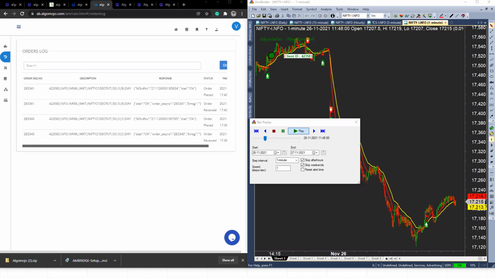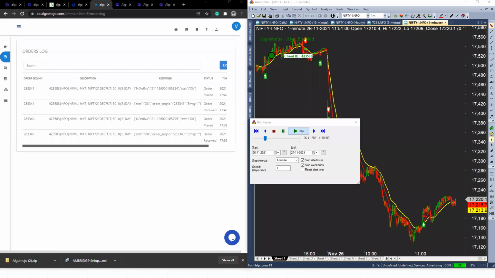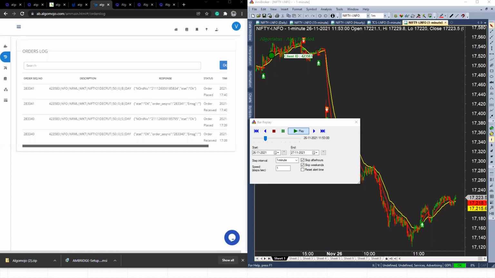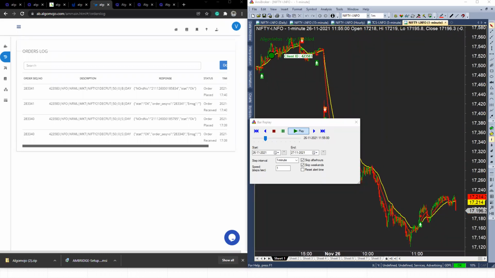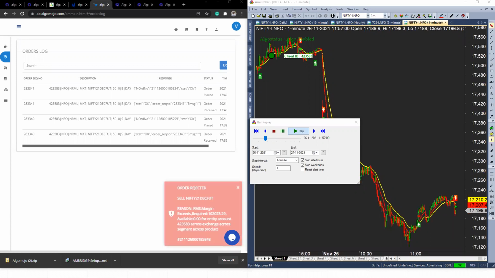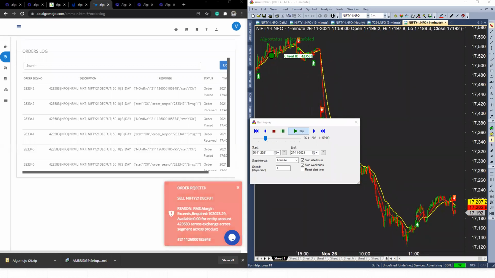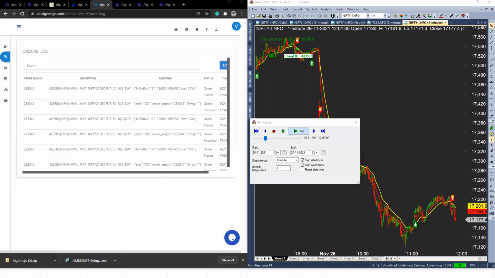Is cloud programming there in AlgoMojo like TradeTron? As of now, we don't have any low-code solution for automated trading, but yes, in the upcoming future, we might be coming up with such kinds of features. At this point in time, it is more of a DIY application.